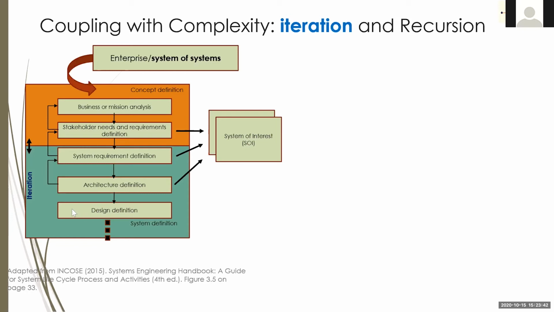We conduct our gate activity, our review, and we find errors and we may have to go back to architecture. Now in real life, you don't always go back to the previous phase or activity, whatever you call it. But it might be the case that you have to go maybe one behind, or maybe you catch an error that was introduced from the beginning, from the business analysis part. So you have to be open to these iterations. The development nature of systems is iterative, and that's something that we need to understand.